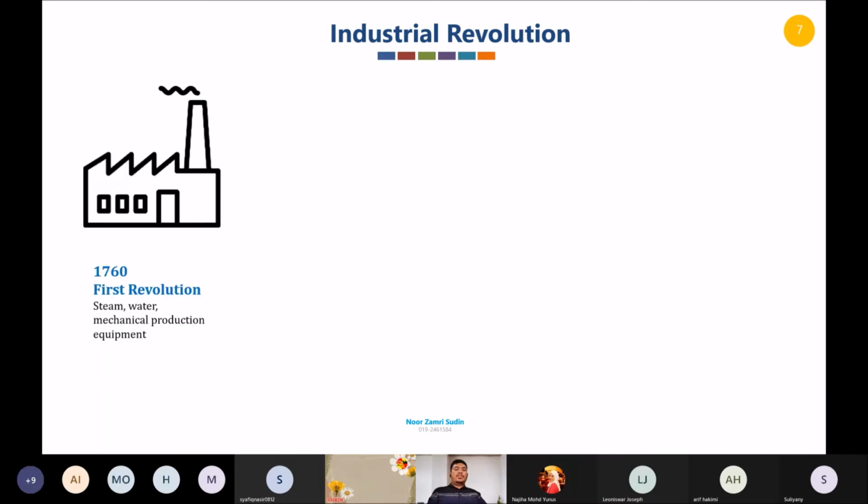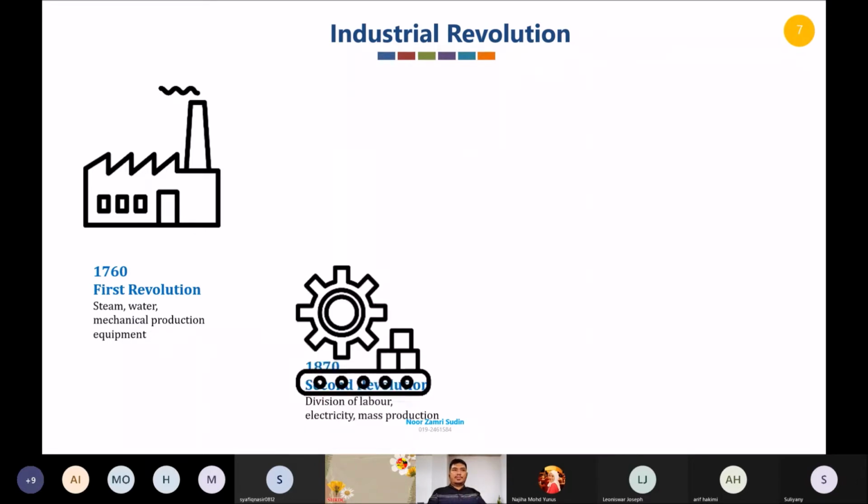So actually, the Industrial Revolution started in 1790. This is the first revolution. During that time, industry started using mechanization. They used wind turbines, water flow, and also animals to move their mechanical machinery. But the most famous achievement of that day is the steam engine. We got trains with steam engines, cars with steam engines, and we also got factories with steam engines. This is the first industrial revolution.